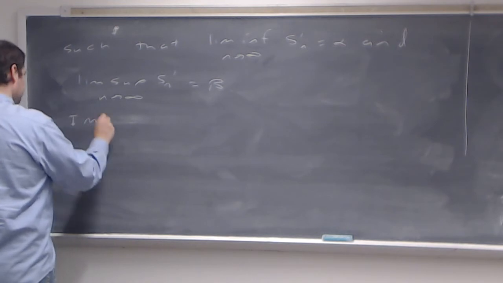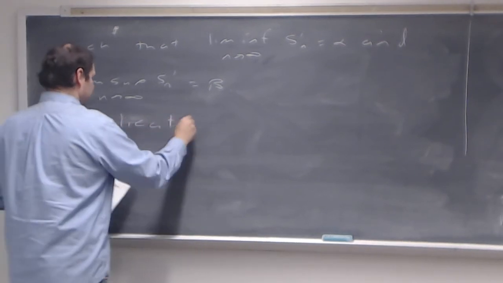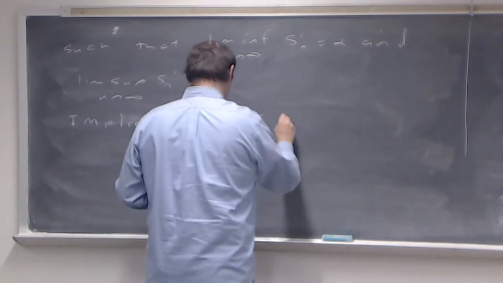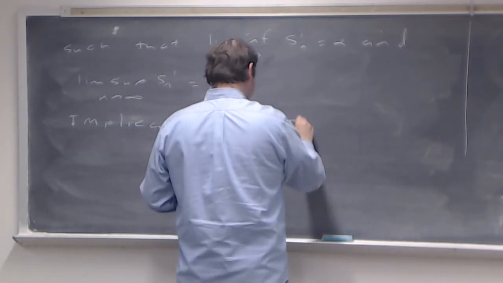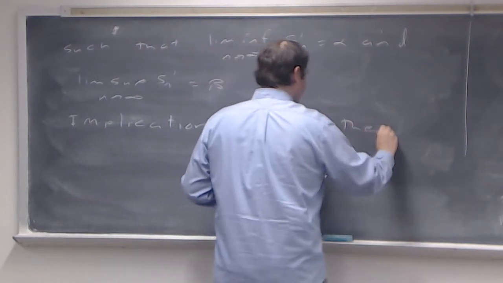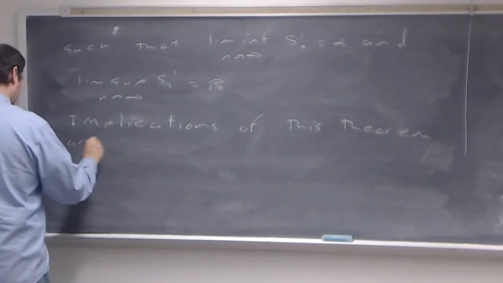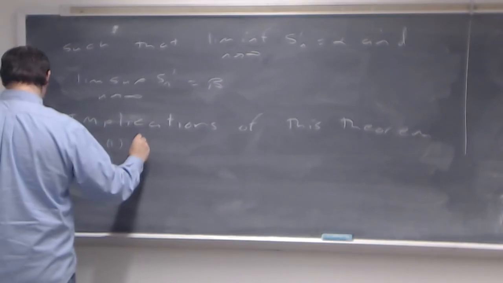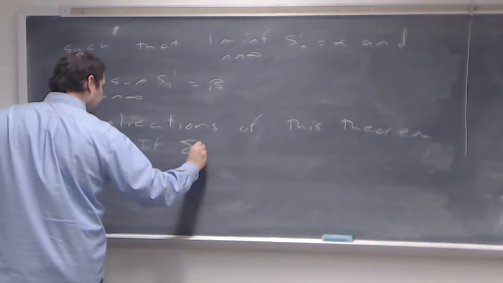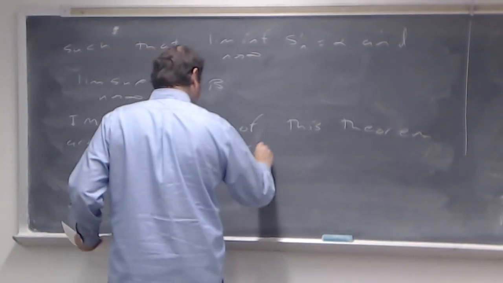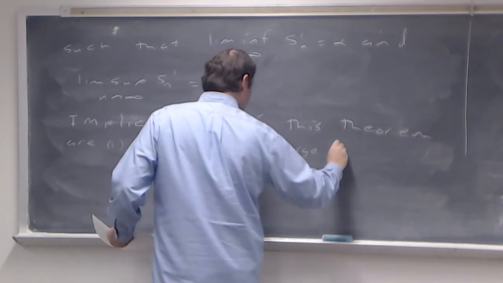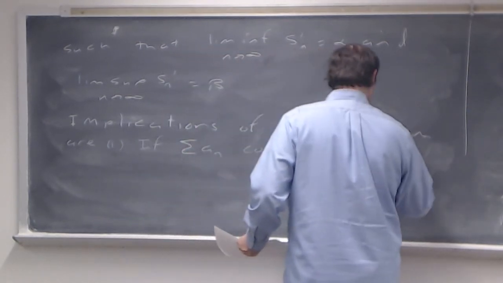So implications of this theorem are, one, if this sum of a sub n's converges non-absolutely,